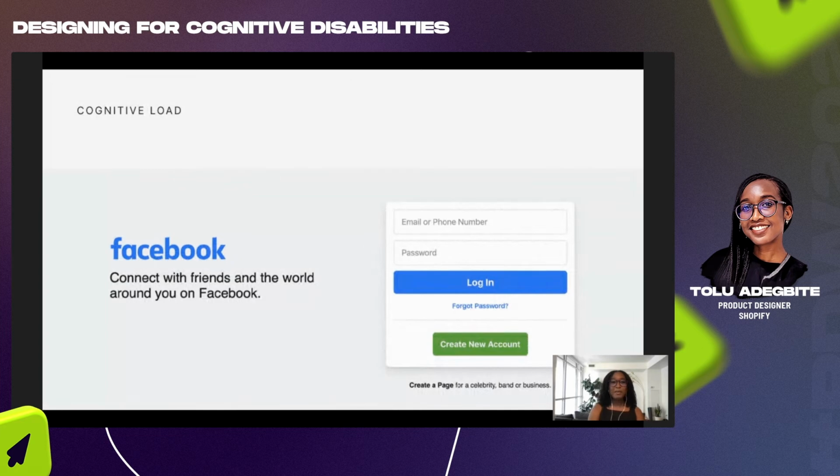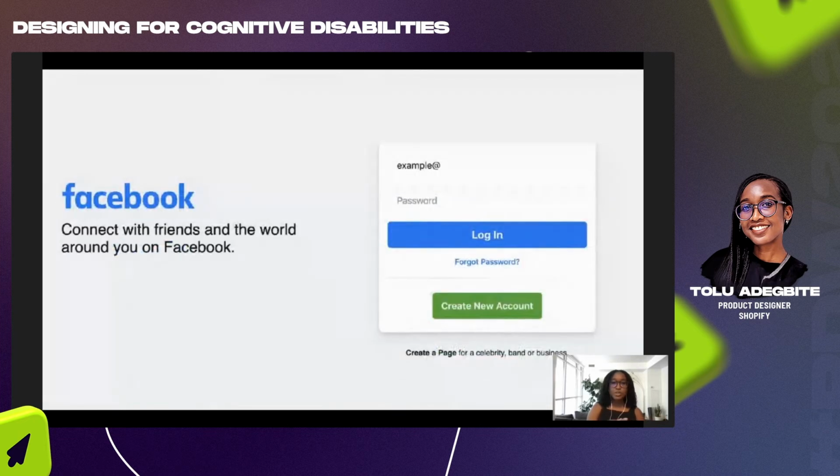So, a really good example of forcing your user to use a high amount of cognitive load is the Facebook login page. The Facebook login page features text boxes to enter information like your email or phone number or password that don't have a label. They actually use this really light colored placeholder text to prompt you as to what to handle, which looks great on the surface, but as soon as a user starts to enter their email address, for example, the placeholder text disappears,